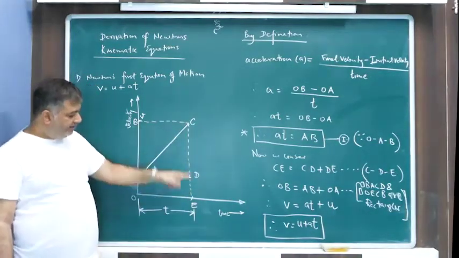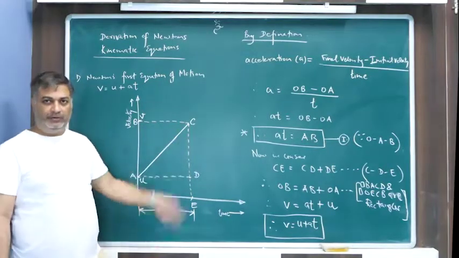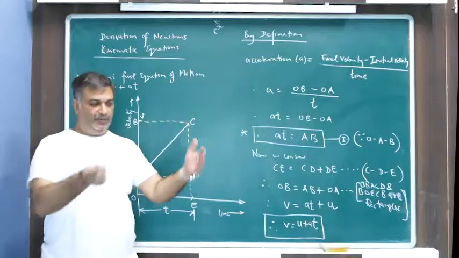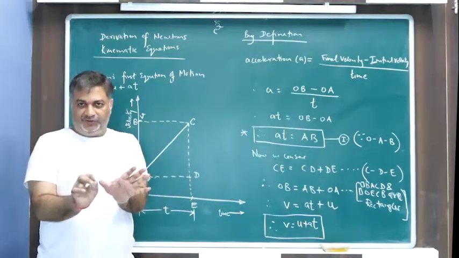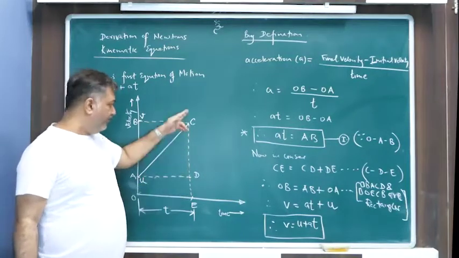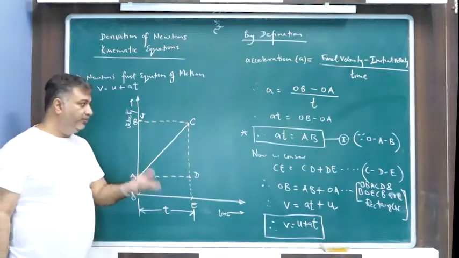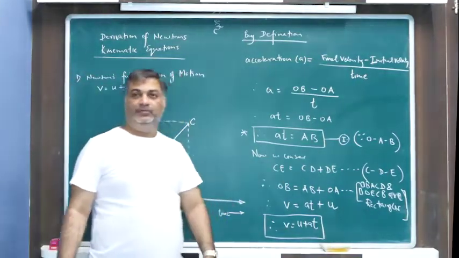In this length, CE is equal to CD plus DE. This part plus this part will give you the full part. So the full stick is made up of two parts. We'll add the two parts of the stick and we'll get the full stick. CD is one stick, DE is another stick. When I add them, I get a longer stick which is CE. Correct? That is called betweenness. So that's what I've written.